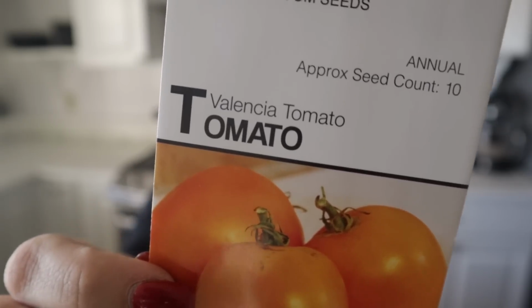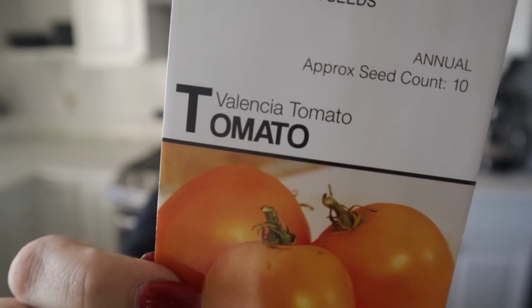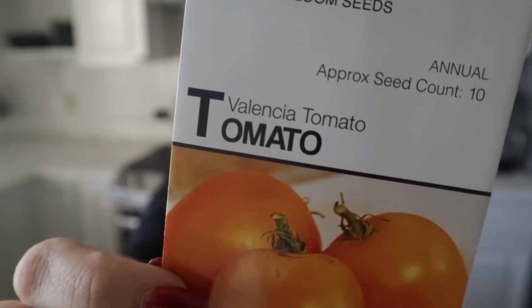This next tomato I ordered is a medium-sized orange tomato, and honestly, I'm not sure why I ordered this. I can't always remember when I open these packages, but then I start reading the description and I remember why I ordered it. It says this heirloom has a very low acid content, one of the sweetest slicing tomatoes,